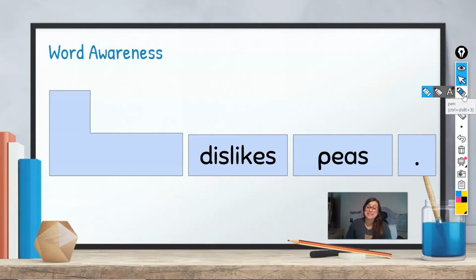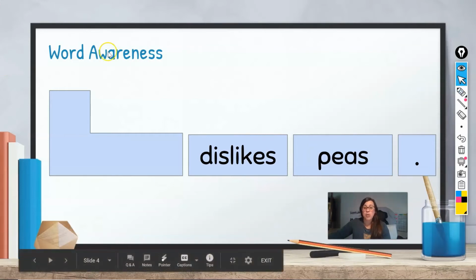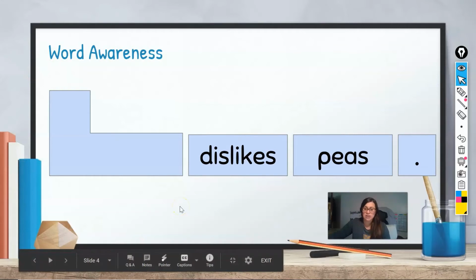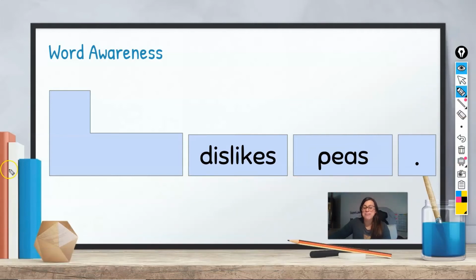We just talked about how Peter likes candy. Now we're going to change our sentence and pick a new name. I just want to show that just because we changed our sentence does not mean we won't end the sentence with a period, and we need to figure out what we start our sentence with. Before we do that, let's read what our sentence says. Dislikes peas. Dislikes peas. So while I get my pencil, think, should my name begin with an uppercase or lowercase letter? What does a sentence always begin with? The first word should always have a